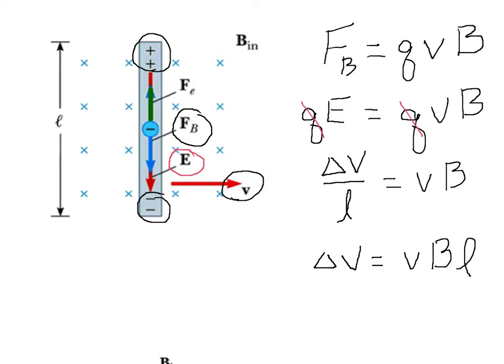Now I want to caution you here that we have a capital V, delta V, used for potential difference, and a small case v used for the velocity of the piece of metal. And those are easily confused when you write them by hand. So there's an example of building up a potential difference, what we call the Hall potential, across a piece of metal. So now let's compare that with what happens if we take the same piece of metal